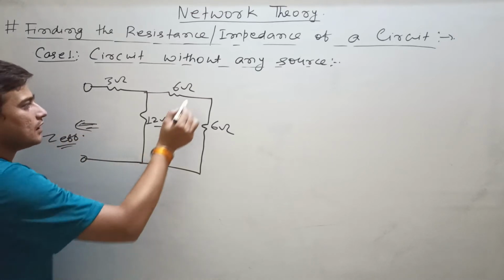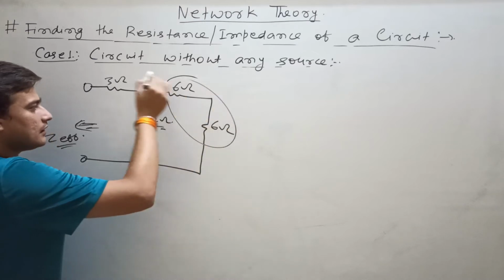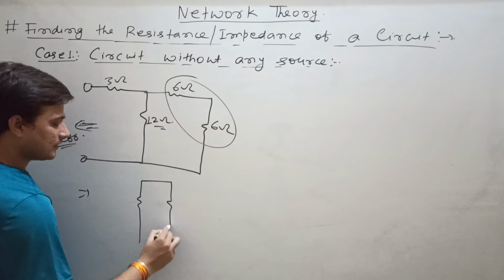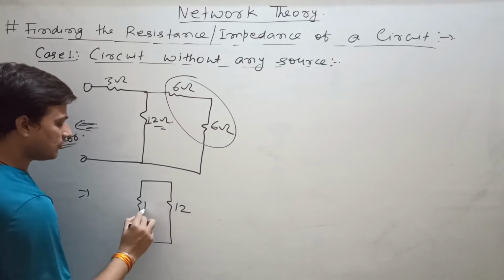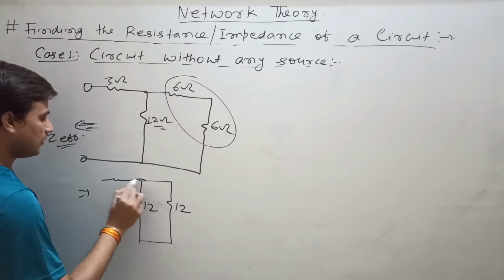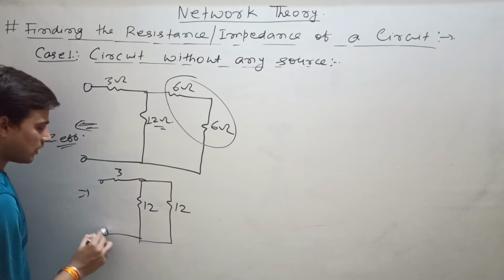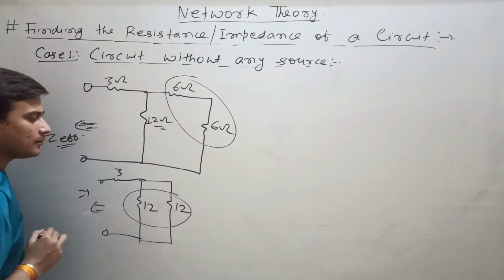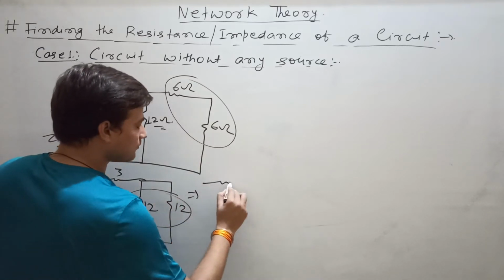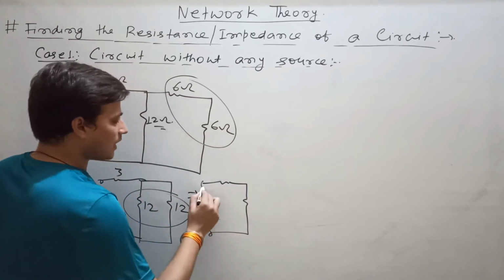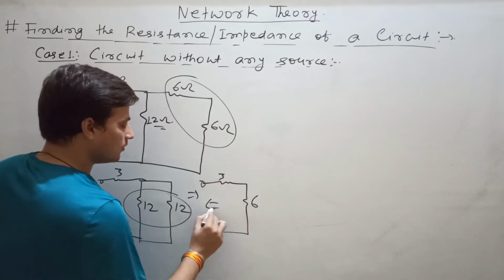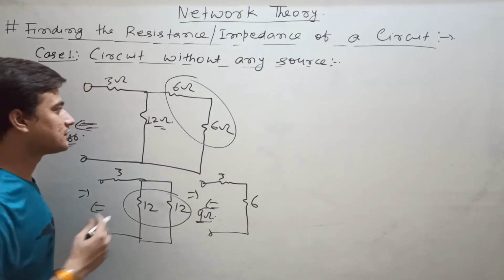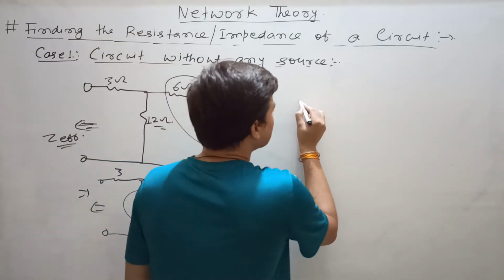So what do you see? You see these two resistances are connected in series. So what will you write? You write the equivalent network as 6 plus 6, it will be 12. This is your 3. This is your 3. So now this will be your Z effective. Now both 12 are connected in parallel, so it will become 6. That means 3 plus 6. Your answer will be 9 ohm. So 9 ohm will be the answer. Next, you can have a circuit like this.